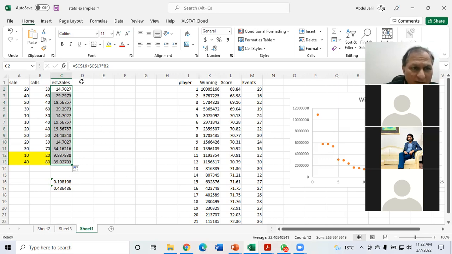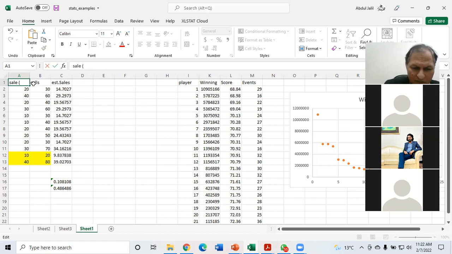Now this model is calculated. These are the estimated values. This is just like y. If you say sales are the y variable, then these estimated sales are y hat. Clear? Y hat. Since the hat sign cannot be used directly, I usually write estimated y, right? So you have an understanding about that. This is estimated y.